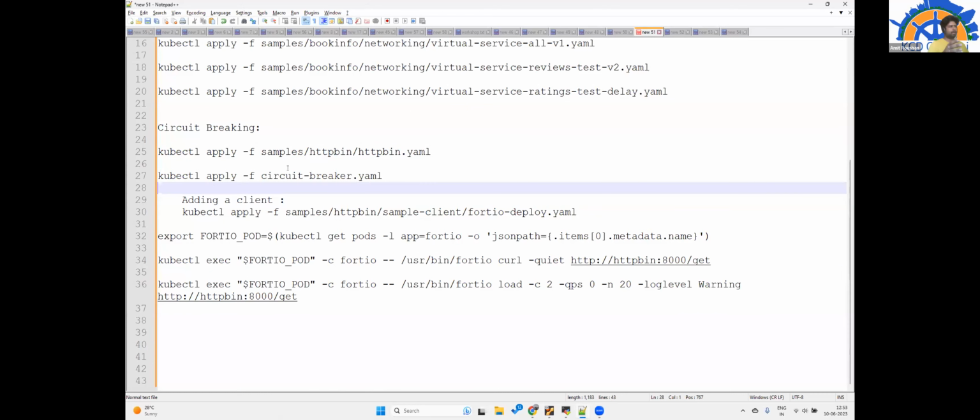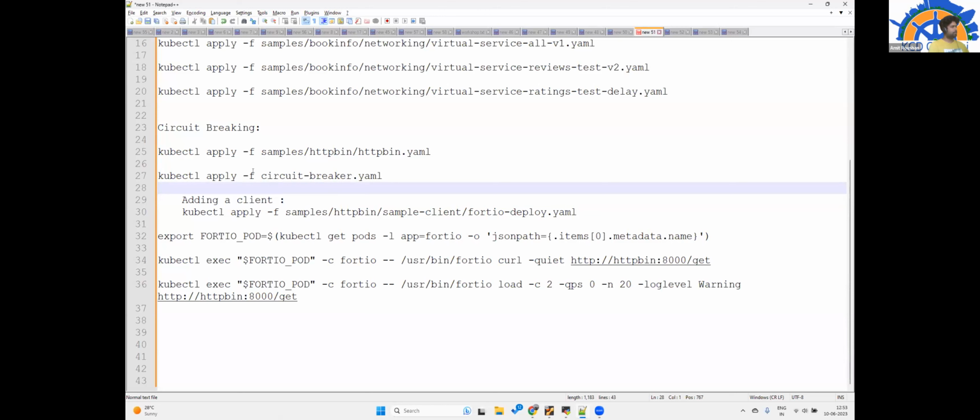It will not be forwarded. Eventually, after some delay, it will retry sending one request to the microservice. If it is still down, it will halt again. So some of the services might fail, but most of the time it will try to shift the incoming traffic to the healthy one. That is what a circuit breaker is.